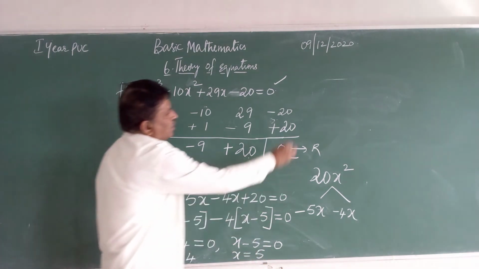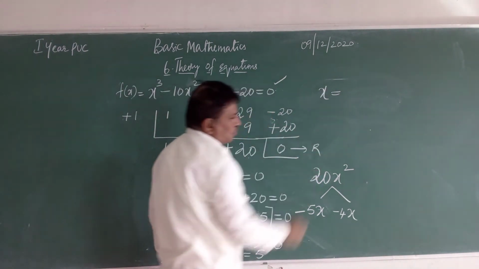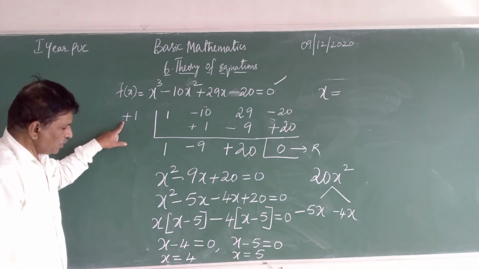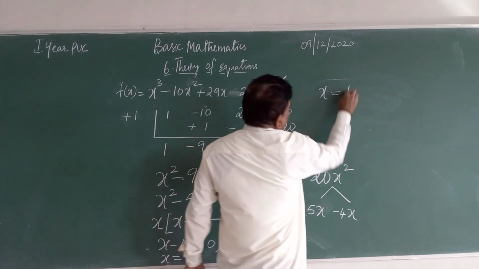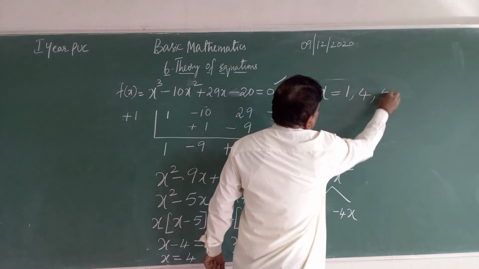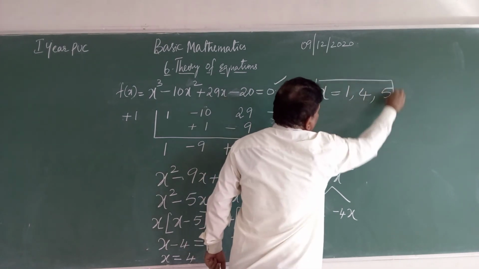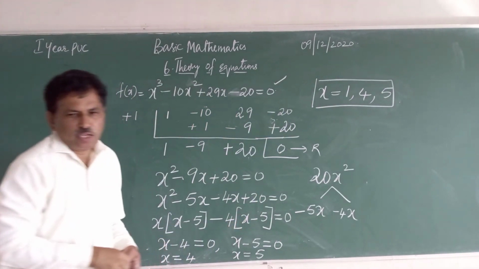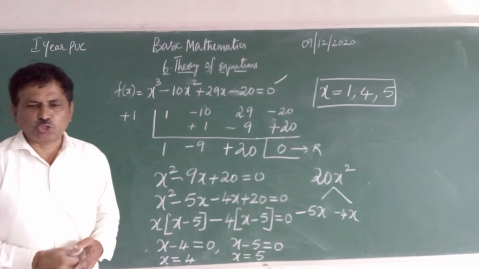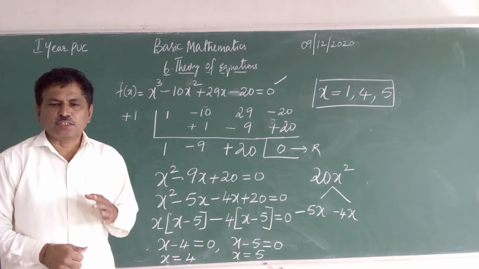So therefore the value of x is equal to, you write in order. First one is plus 1. Next one is 4. Next one is 5. Okay. I hope you understood this one. By this chapter is